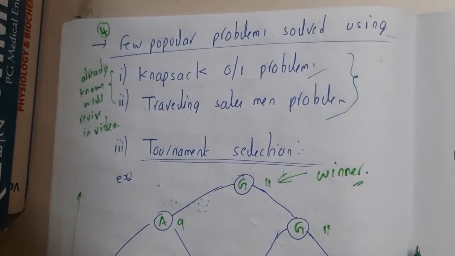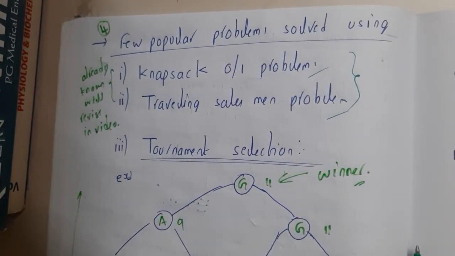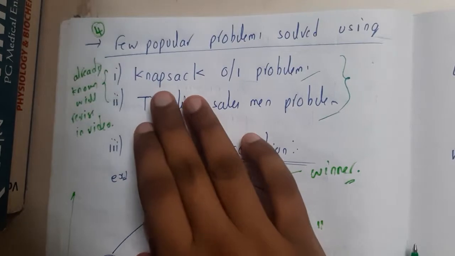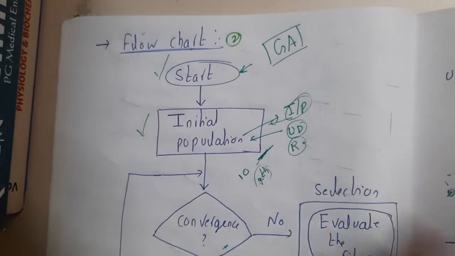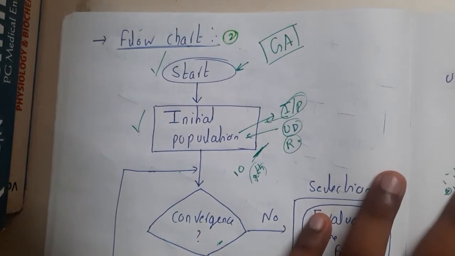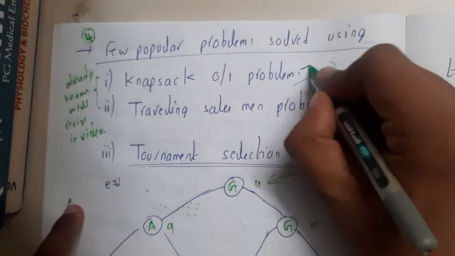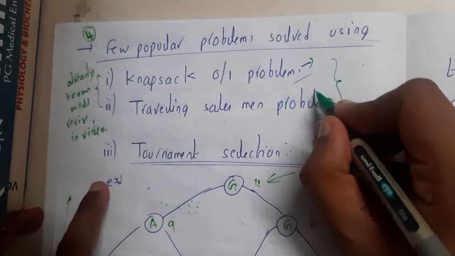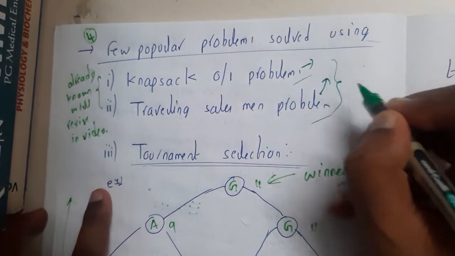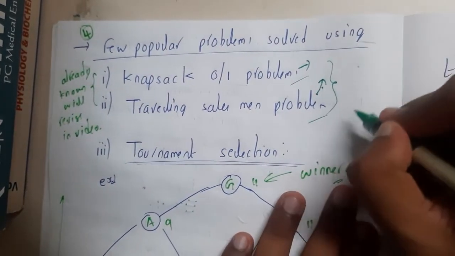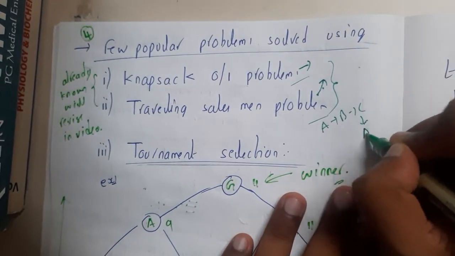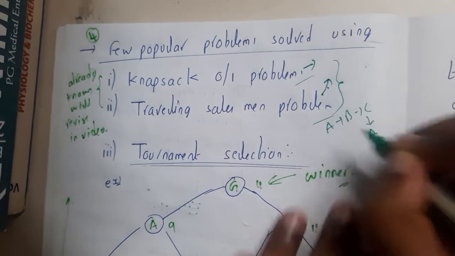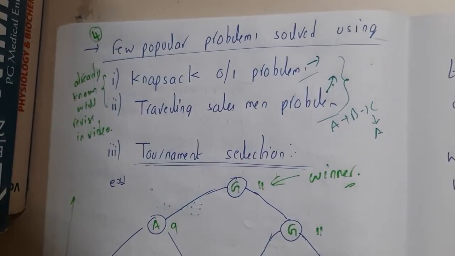Your question will be, why didn't I write the theory for these two, right? The main thing is, in knapsack I took a direct example of that in our main flowchart explanation. So you can just write the example of that. The same concept will also work for traveling salesman. Basically in traveling salesman also, our goal is to find the shortest path in which he can go and come back to the start point, right? So the same concept.